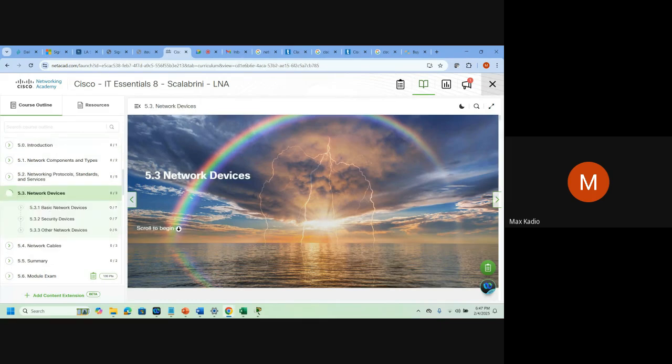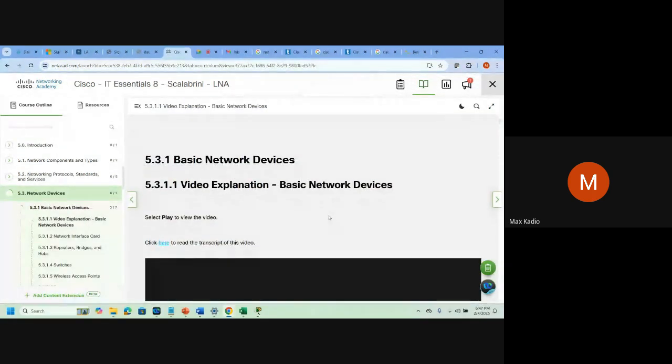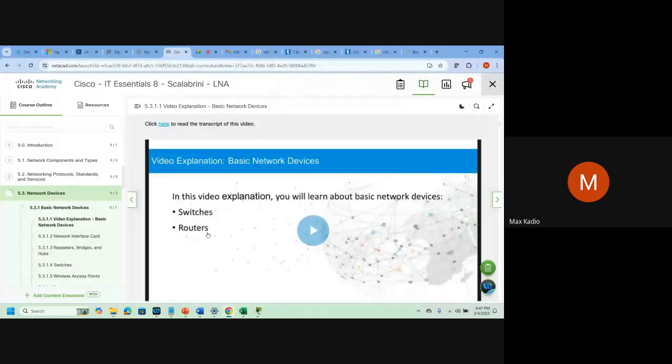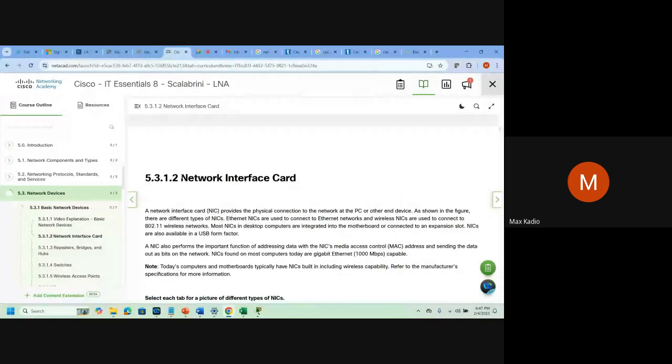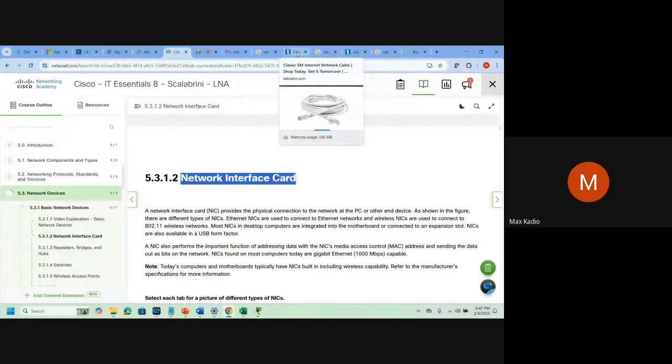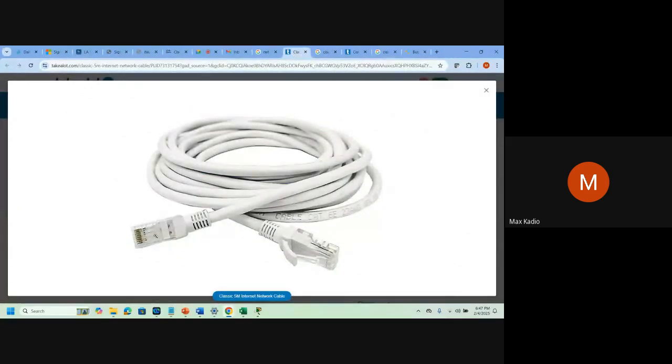If I go to network devices, we have a video explaining the router and the switches. Network interface card: these cables, you need to plug them in a specific way, and that is called a network interface card.